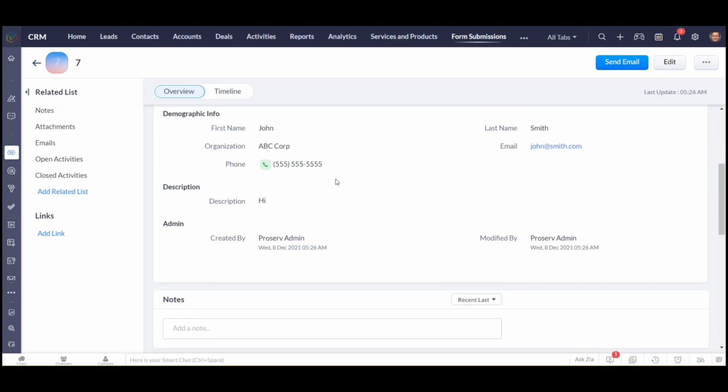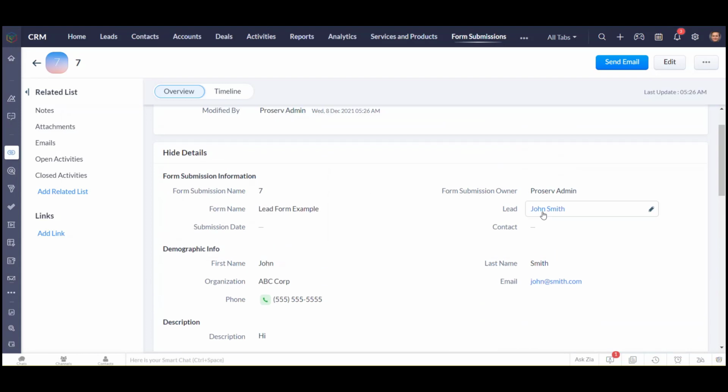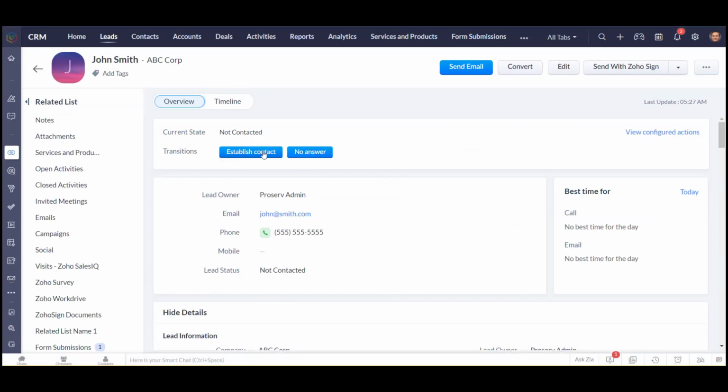We can also capture details about that form submission, and if you get into more advanced configurations, you can integrate Zoho Sign for accepting terms and conditions, and you can actually attach that signed document to the form submission record here in the CRM. So just following along with this lead qualification process, Zoho has some great productivity tools that